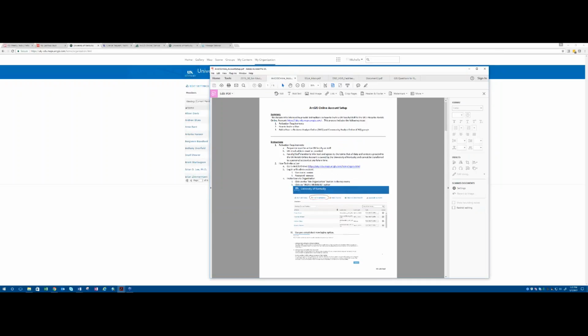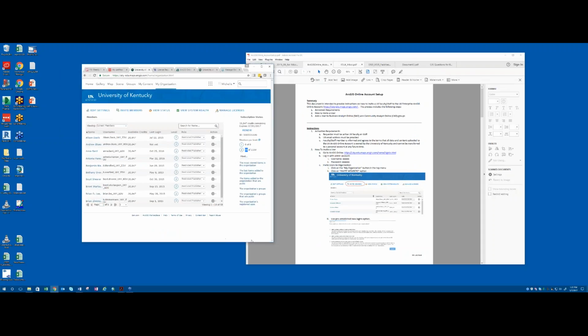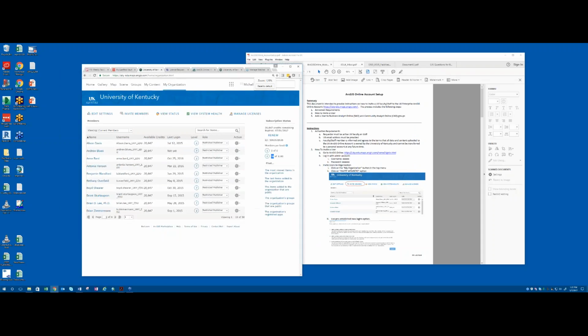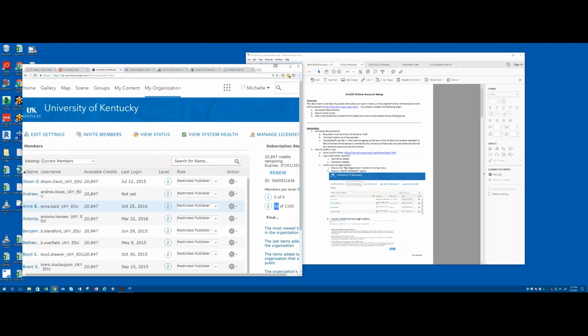See if you can see this. Okay, can you see how it says restricted publisher, right? Yep. So we made a custom group called restricted publisher. So you can use administrator, publisher, restricted publisher, user, and viewer. But what happens is, and Ian, I'm not meaning to slam Esri because I love my Esri, but the model, okay,